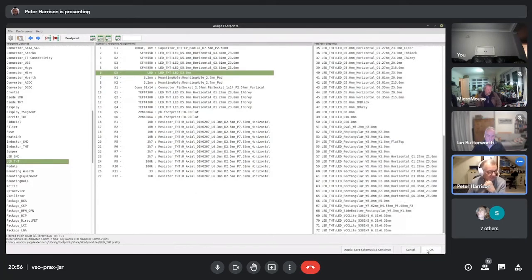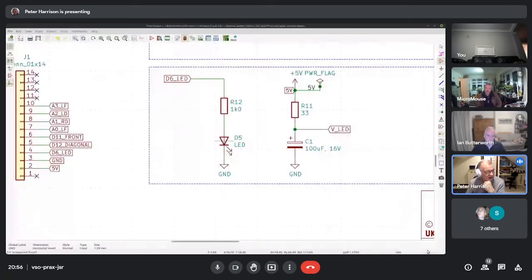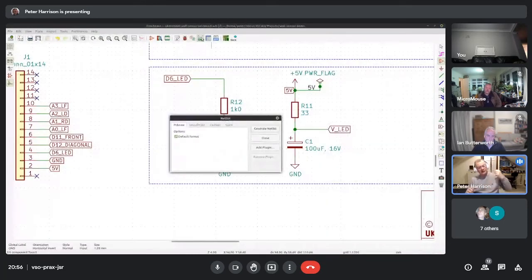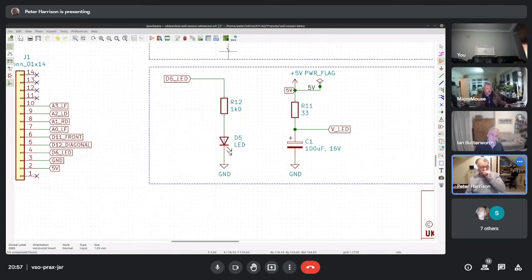So we've got all of our part associations, and then having associated each symbol with an actual footprint and package, we generate a net list, which is a text file which lists those associations. Okay, you have to do that. I won't do it now because it's already done, but it's just click the button and away you go. Once you've got your net list, your options are,